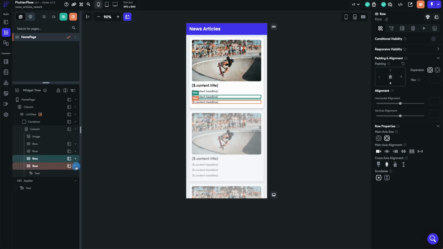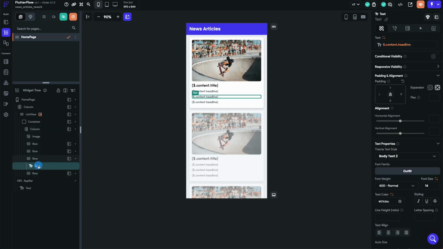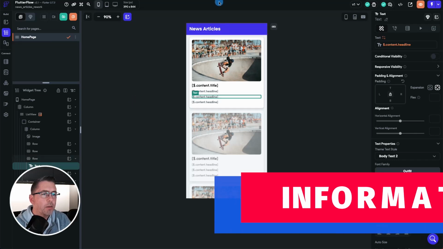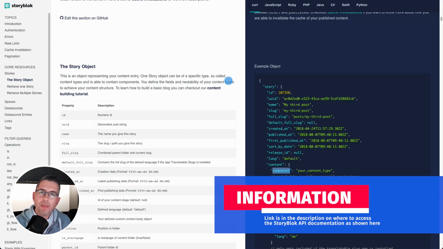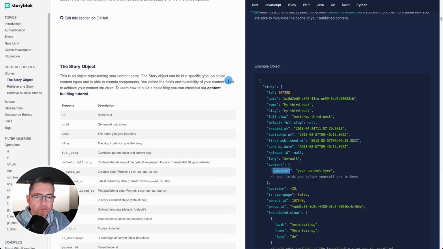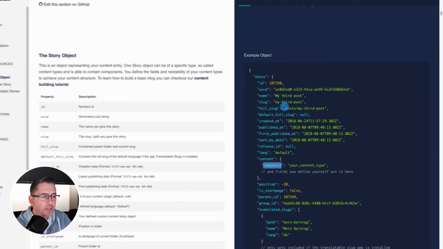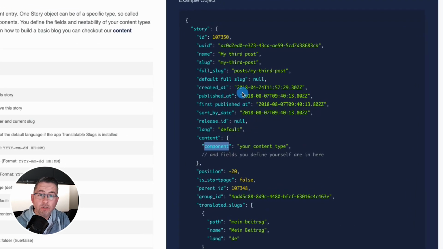Let's start with this particular row here. Let's make a change and quickly change this to the actual category. If you remember, within the story that comes back in the list, if we look at the actual story object itself, and of course this is the StoryBlok documentation, so please do go and have a look at that, you can see here that our content is loaded. You've got the top level story here, we've got the published date,